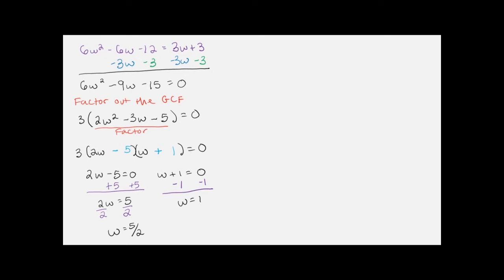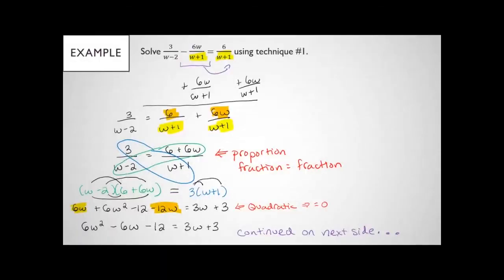So I've solved, my whole goal here was to solve. So let me go back to the original problem we started with. We were solving this equation, so we were looking for w. So I started by putting like things on the same side, the common denominator on the same side. I cross multiplied because I had a proportion, and then I started solving a quadratic. Once I got w, I need to double check that these work in the denominators, because the denominators are not allowed to be 0. So my two denominators in my original equation